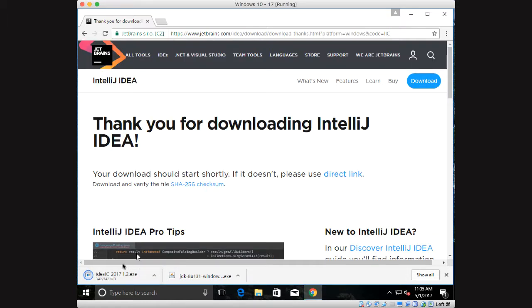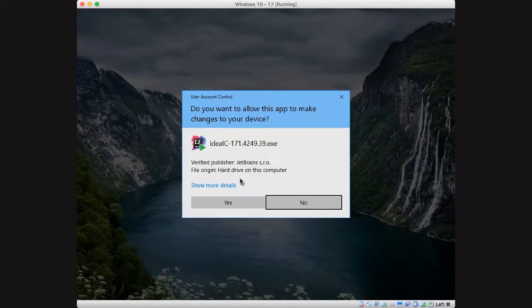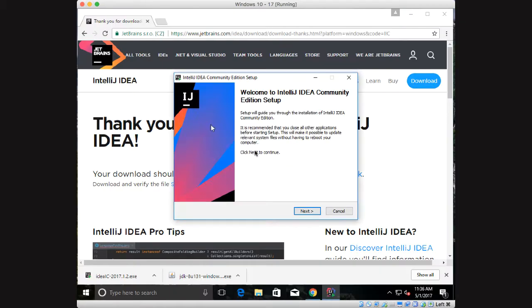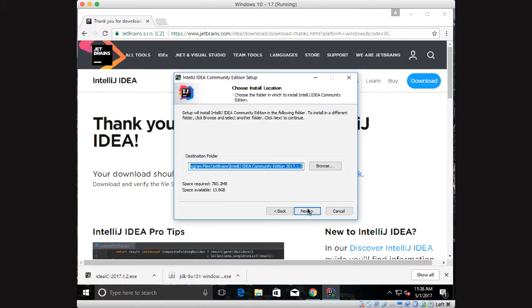All right, it's getting close. It should be done in a second here. And there we go, it's done. So double click. Should be able to then open an installer here. And of course, do you want to allow this app? Yes, indeed. And then we have a wizard here that will take through the process of setting up our IntelliJ